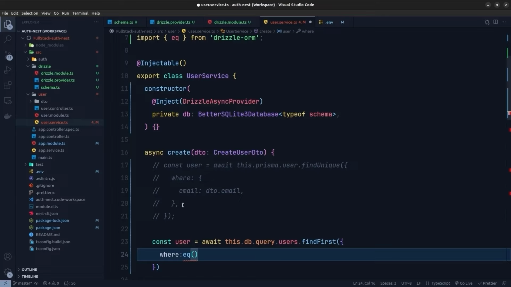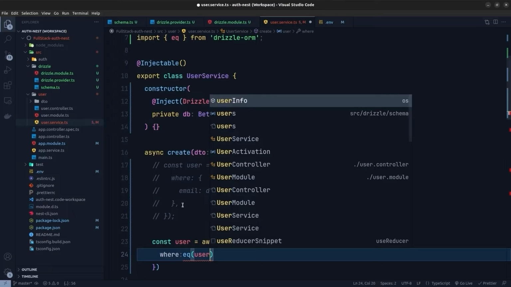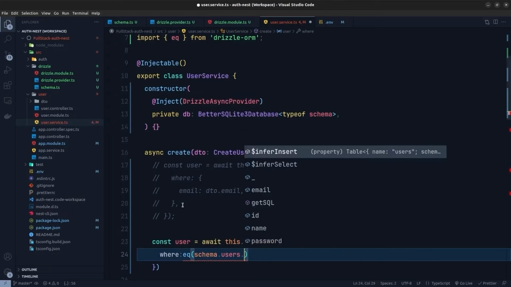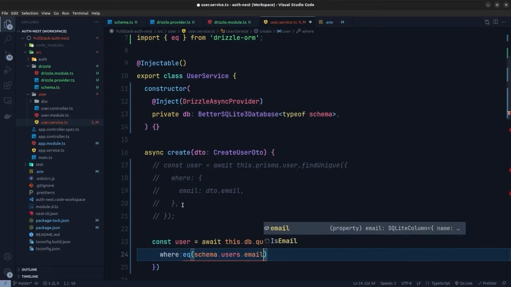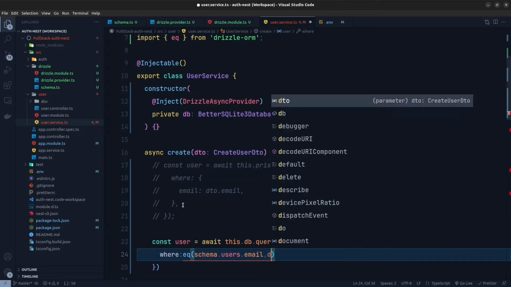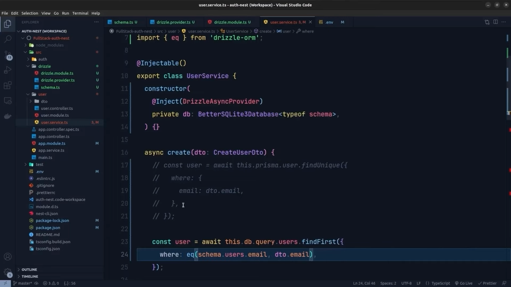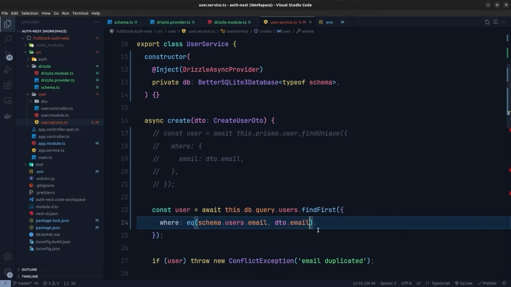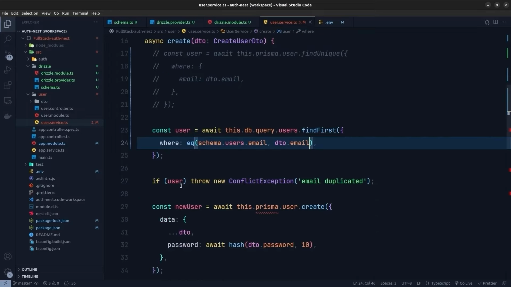I'm going to use it on users.email. Here I'm going to specify users.email, and as a second argument we pass dto.email. So this retrieves the user with this dto.email inside our user table, and here we check if the user is not undefined. It means that the email of the user is duplicated, and we just throw a ConflictException with